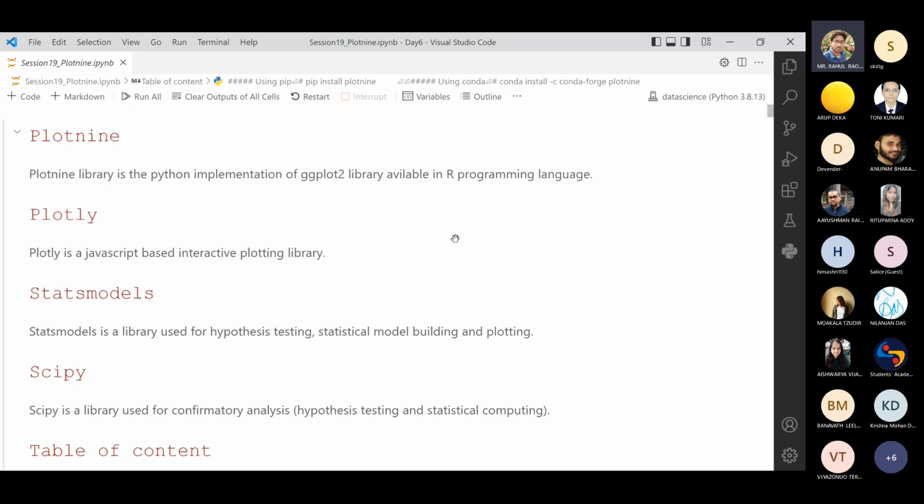So this session is for Plotline. Plotline is a library for plotting. Actually, it is an implementation of the ggplot2 library that is available in the R programming language. It is known as ggplot2, developed by Hadley Wickham. He is a principal scientist at RStudio Inc, and the same has been implemented in Python,